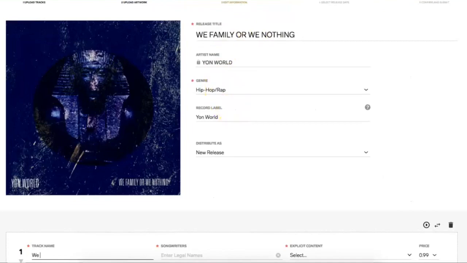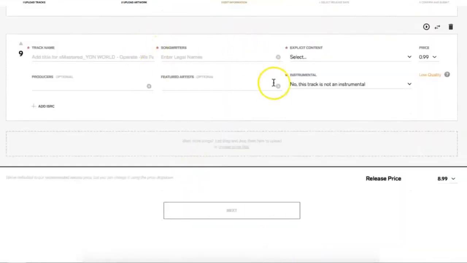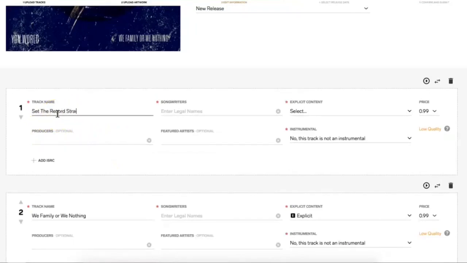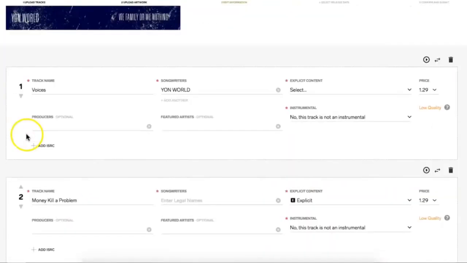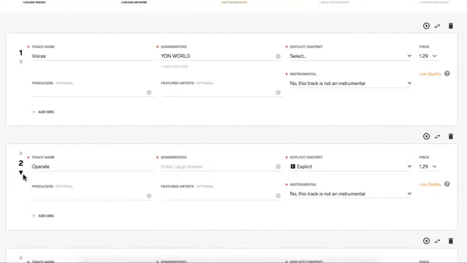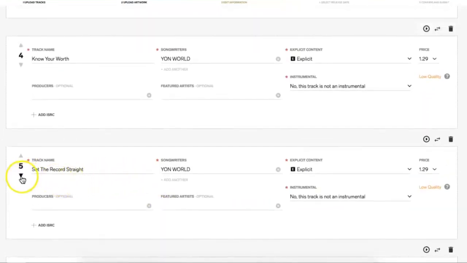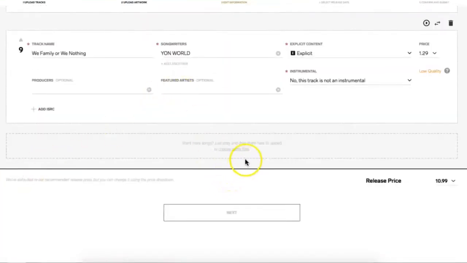And here, as I do this, this is where you would just enter in your track information, the songwriters, everything. So I'm about to enter in all of this information. We're gonna go to the next screen. This song's called Set. You get your full dollar because iTunes take 30 cents off the top. Alright, so operate. Two. Voices. Operate. Money killer problem. Know your worth. Alright, we're gonna